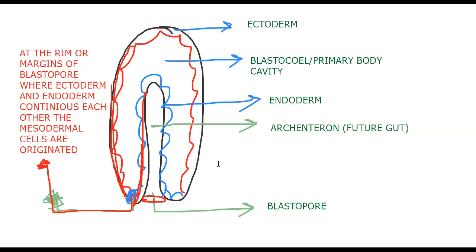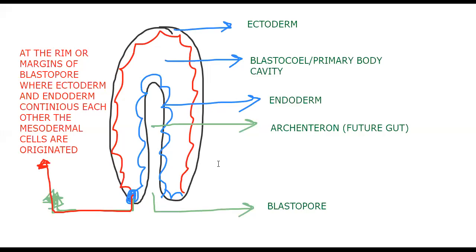mesodermal cells originate, which are going to form the mesoderm. Wherever the formed mesoderm moves, based on that the coelom is going to be decided and declared. So this is the key diagram to understand the body cavity, and I request all of you to take a screenshot of this diagram.